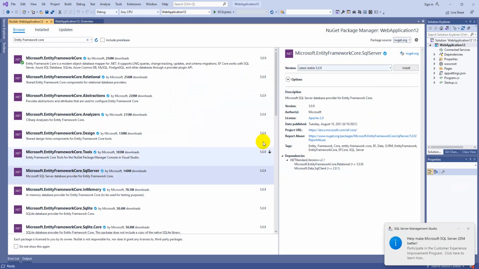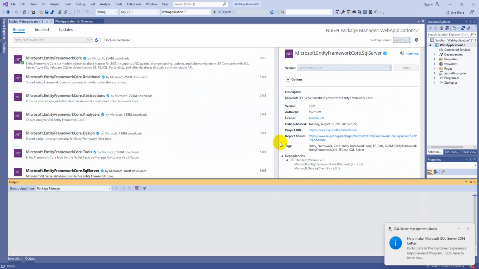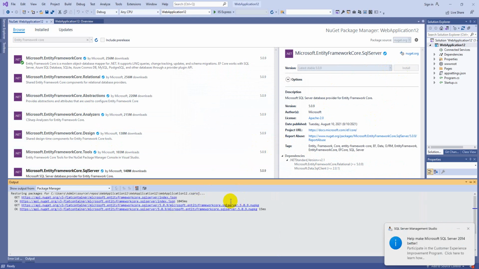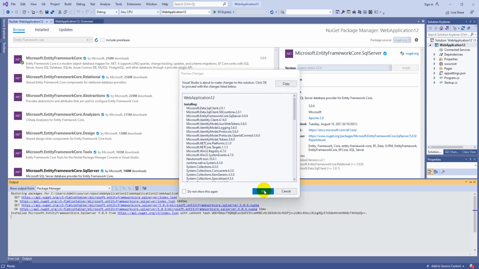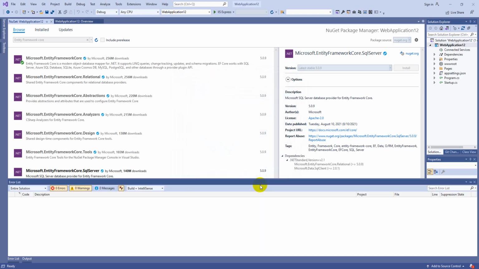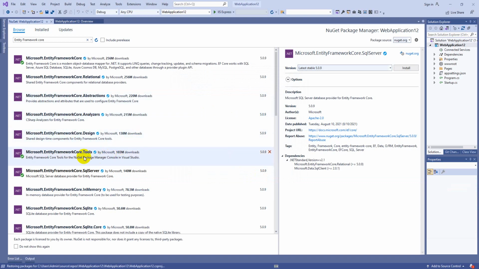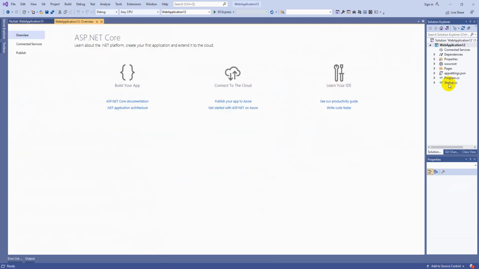After that, install SQL Server, Entity Framework Core SQL Server. In .NET Framework, all these dependencies come inbuilt, but here we should install them manually. That is the thing about .NET Core: all dependencies you have to install manually. Yes, so these are installed, guys.